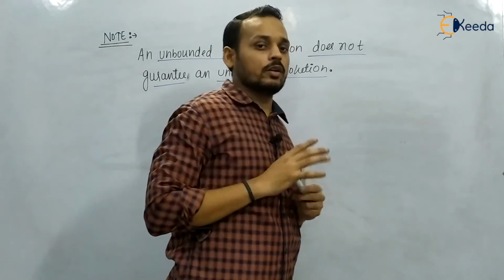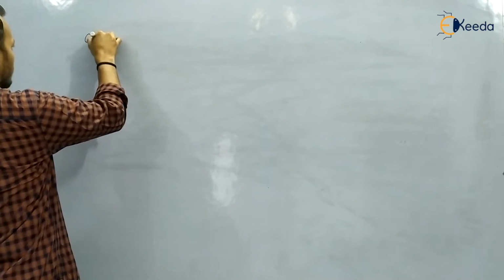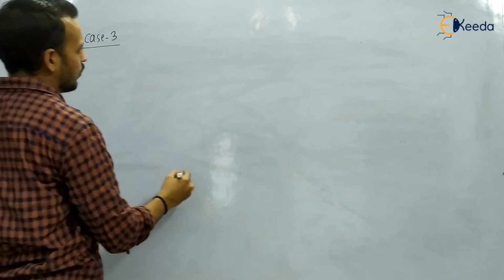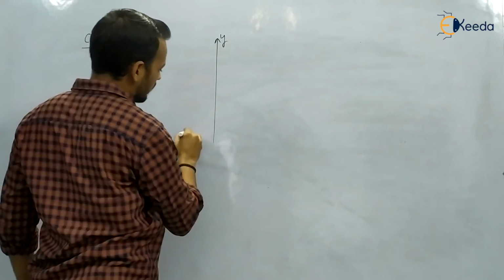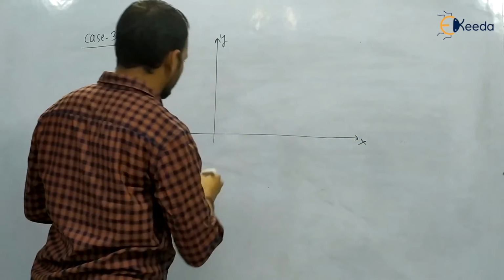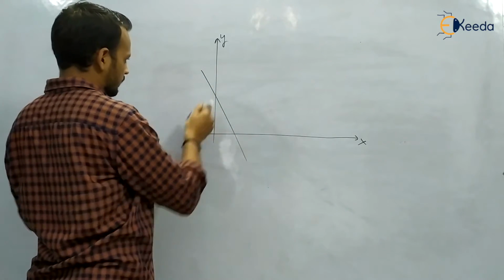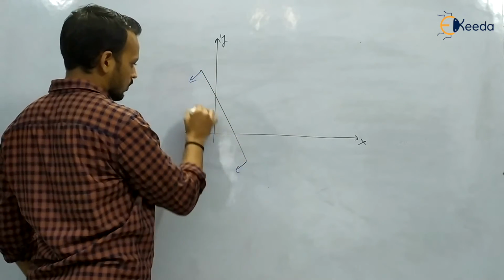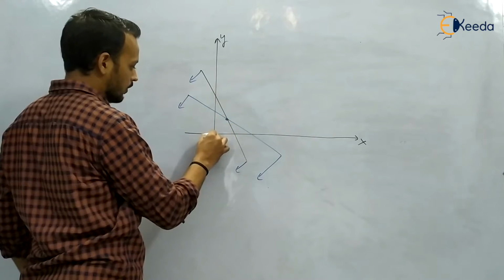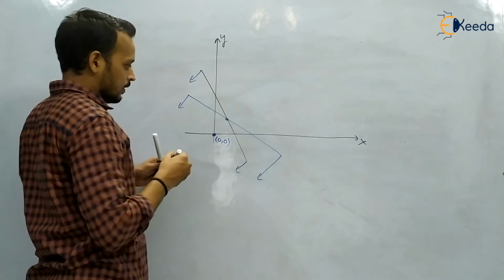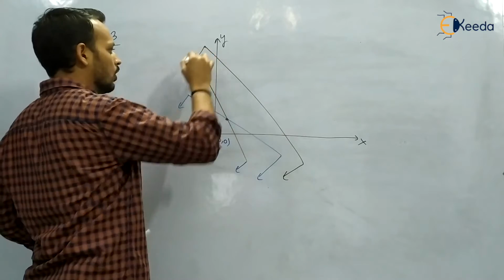Now one more point. Now we will see our third case, case 3, a very small case. Suppose you plotted the graph between your decision variables y and x, and you got a constraint like this, towards the origin, and a second constraint towards the origin like this. These are the two constraints, and the third constraint is like this.